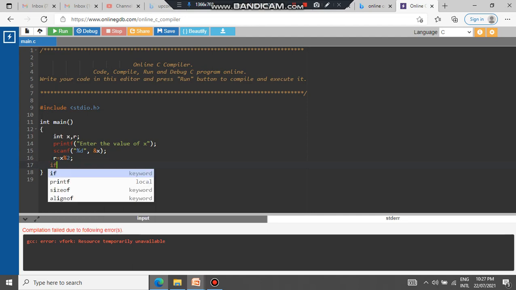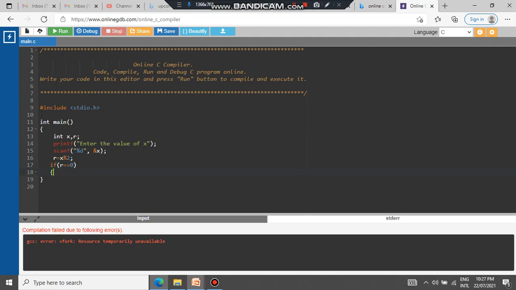Now if the value of the remainder r is equal to 0, it means that, as I told, it is an even number. So let us print here, printf even number, and if it is not 0, so I have written this into a particular block.